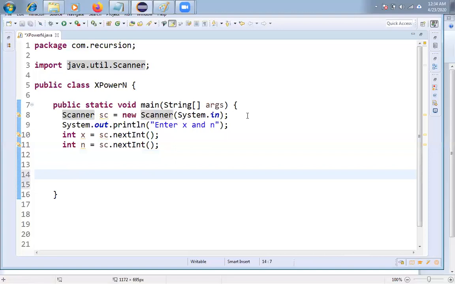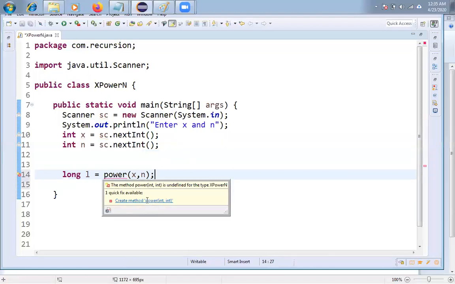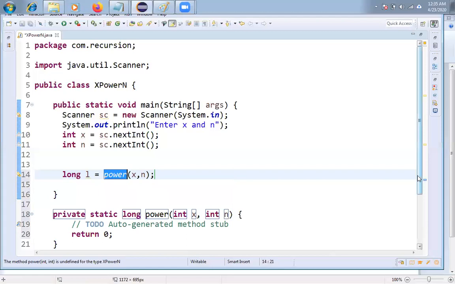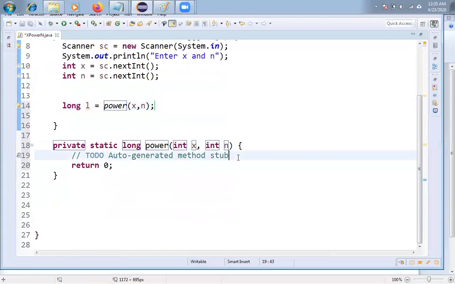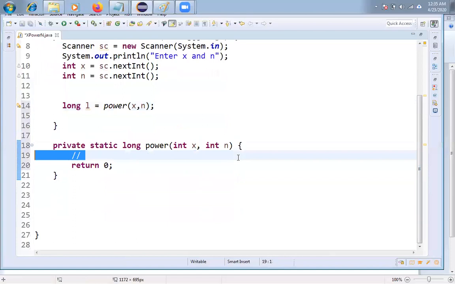Then what I am doing here, simply I am taking one method here, power. You have to pass x value and n value, and finally it will return one integer value or long value. That is your wish. So I'll return a long value. That's why I'll store the result into one long variable, friends. Okay, let me create one power method, friends. So click on create method. Internally one private static method has been created. So I'll create my business logic here itself. I'll implement my logic in this method only, friends.